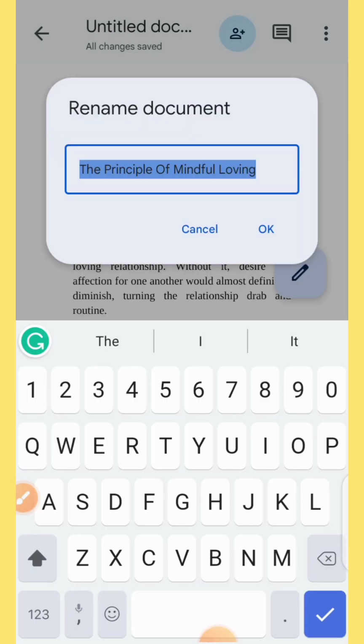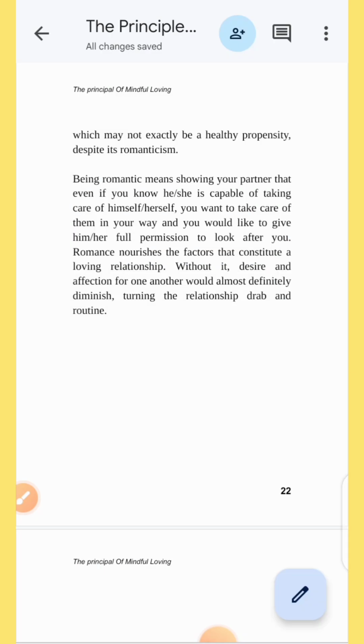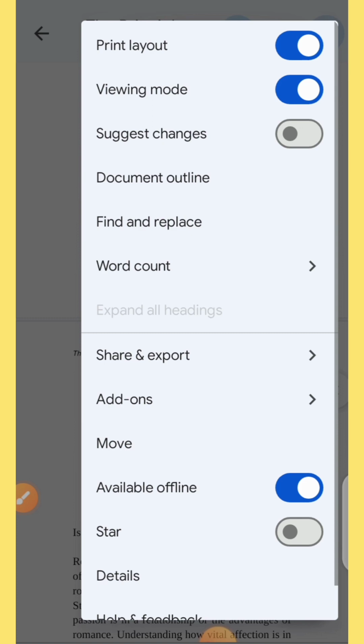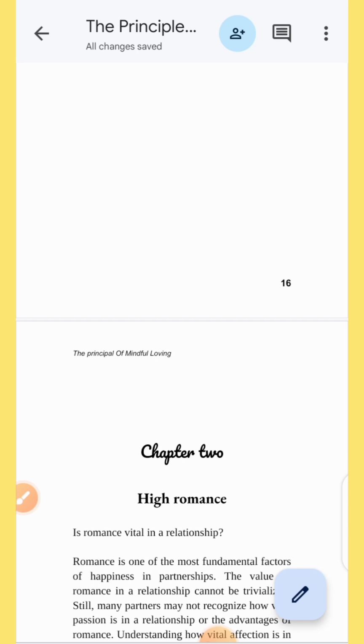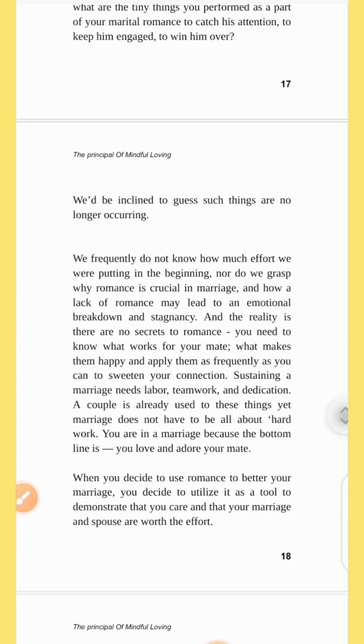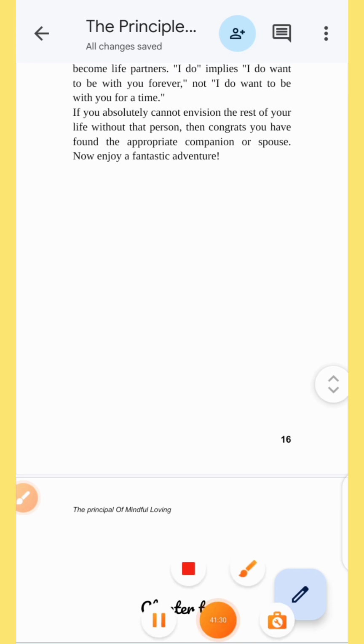Let me change the name. Okay, let me change the name to the principle of mindful loving. Okay, it has changed. So this work now, come over here to this three dot, make sure that it is available offline. So for those of you that want to upload your work